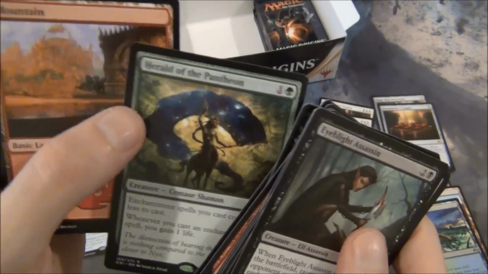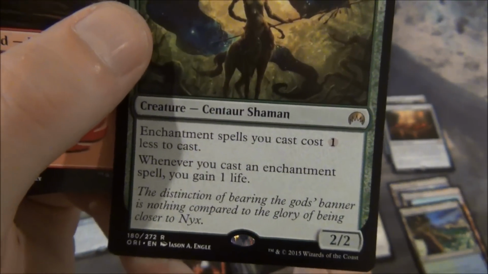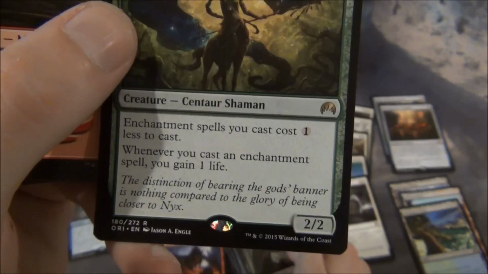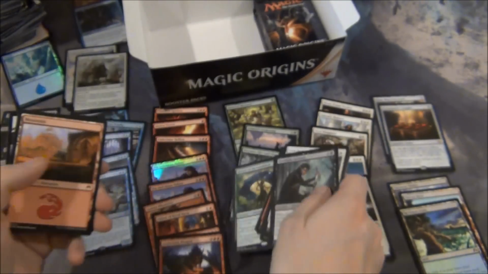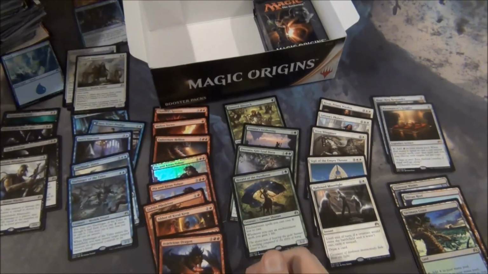Okay, and I got Herald of the Pantheon, 1 and a green for a Centaur Shaman. Enchantment spells you cast cost 1 less to cast. Whenever you cast an enchantment spell, you gain 1 life. It's a 2/2. I got a lot of these enchantment things in my first pre-release pack, and I wanted to